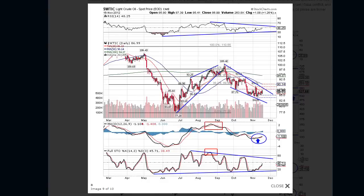WTI crude, or NYMEX traded oil, we saw a bit of a bounce back last week and then subsequently this week as well. The significance is that the current price action is trading above the 20 period moving average, but this looks like a falling wedge, the breakout of which could be seen as very bullish. Obviously there is a bit of uncertainty in the Middle East. We have the situation with Israel, Gaza, all sorts of other things happening. So MACD is crossing. We have a fairly significant support here at stochastics